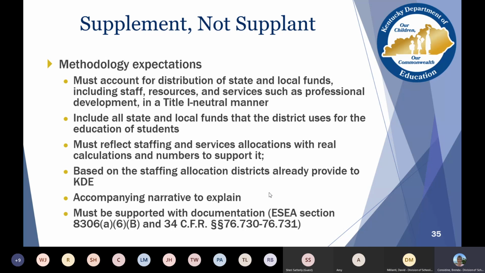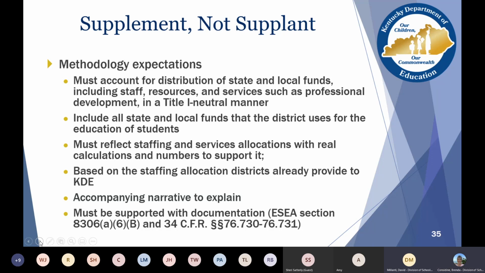Okay, that was my question. So really, essentially, they're developing a protocol that would have these expectations included in it, and then they would just update it if their staffing allocation changed or different numbers within it, but otherwise they would just keep it on file, correct? Yeah, that's correct. I mean, currently districts are following formulas to distribute dollars and staffing, and like I said, unless those change, the only thing they're updating is numbers at that point.